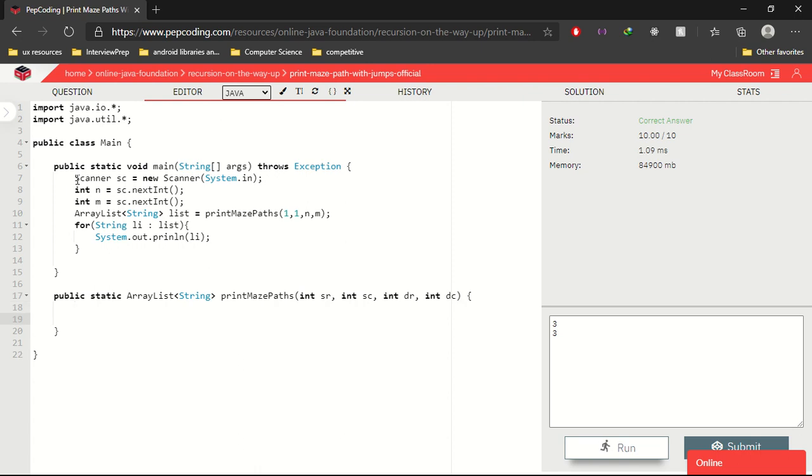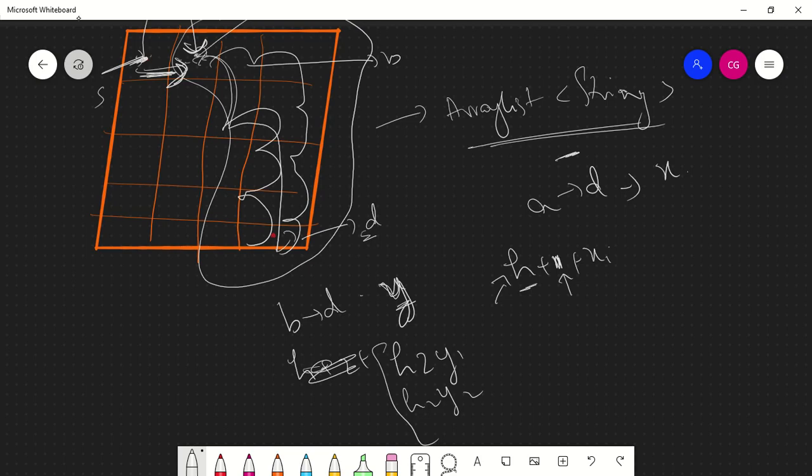Firstly, we will calculate all the horizontal paths. We will loop through each of the possible answers. You have one step to take, two steps to take, three steps to take, a maximum of dr steps to take.